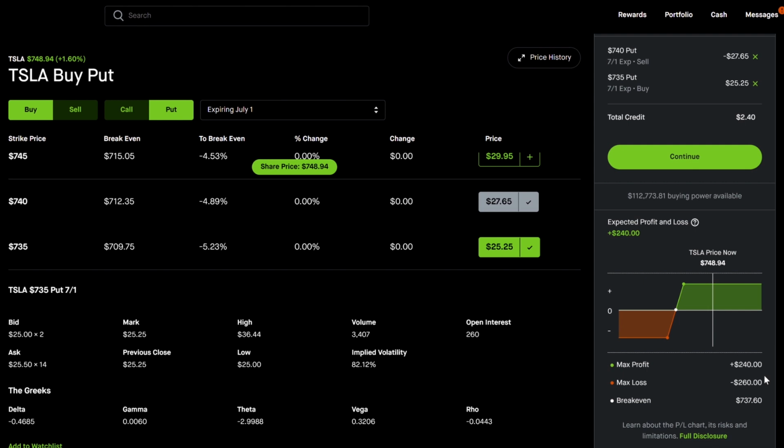What you can do is you can go for 1 week or 2 weeks. So that's why I said 50% monthly, because this is a risky strategy. You're gonna have some losses from time to time. Of course, that's part of trading, but this strategy right here is super powerful if you think a stock is